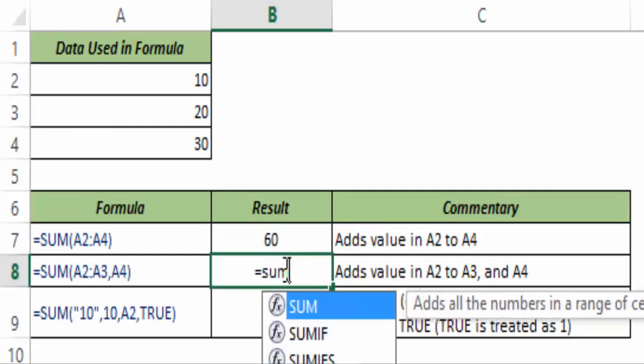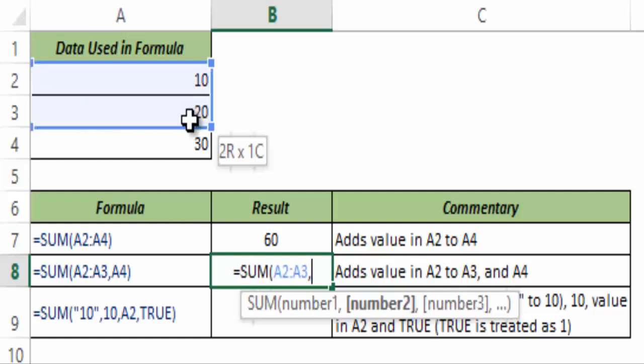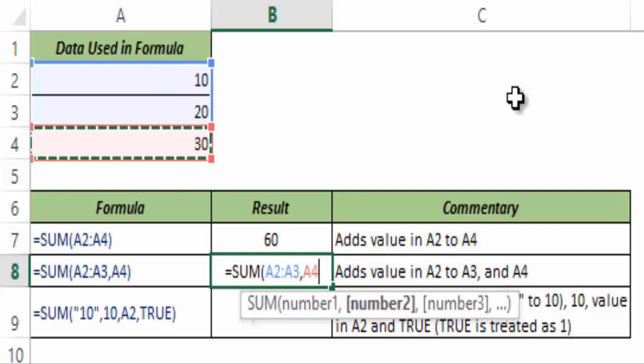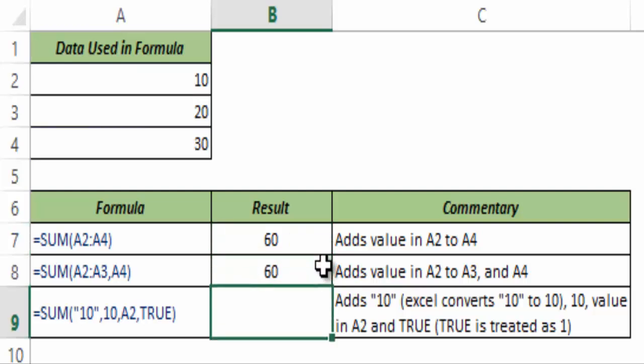As I mentioned, you need not always give it a range or always separate these numbers by comma. You can choose to have the first 2 as a range and the third one as an individual cell reference. This is useful when you have non-contiguous cell ranges. So if I have 2 numbers here and the third number is here, then I would have to select this here and I would press Control and select the third one. So it works the same, or you can hit comma and select the cell reference manually. Now I hit Control Enter and this gives me 60 again, which is the same as this above result.